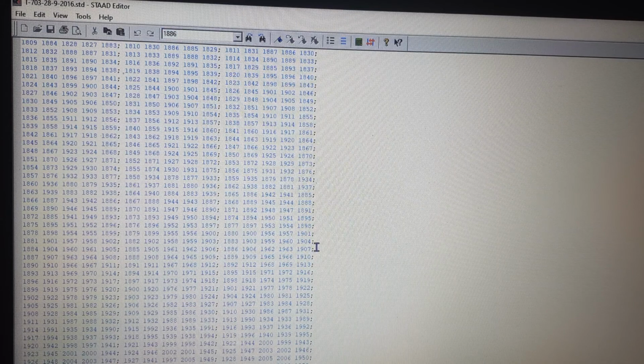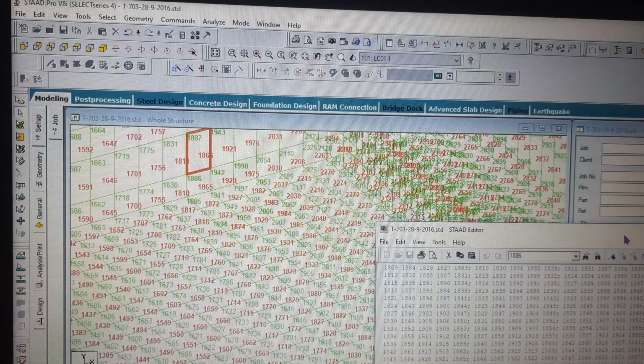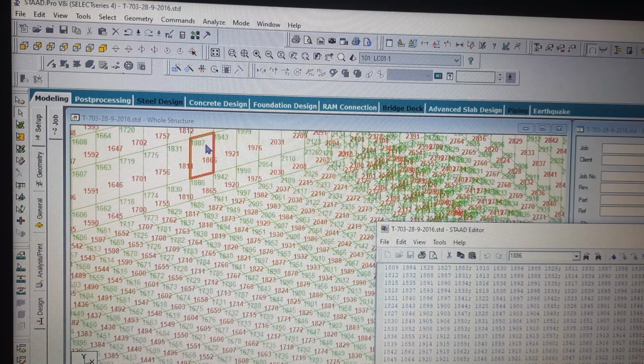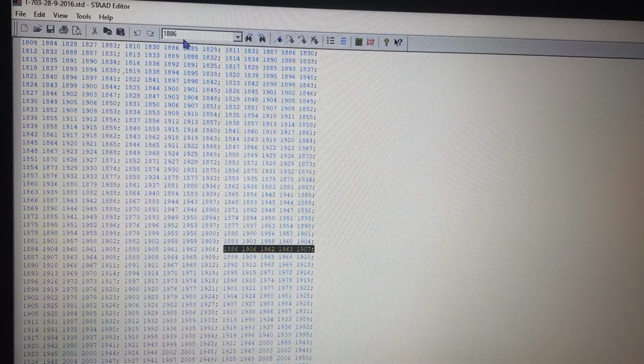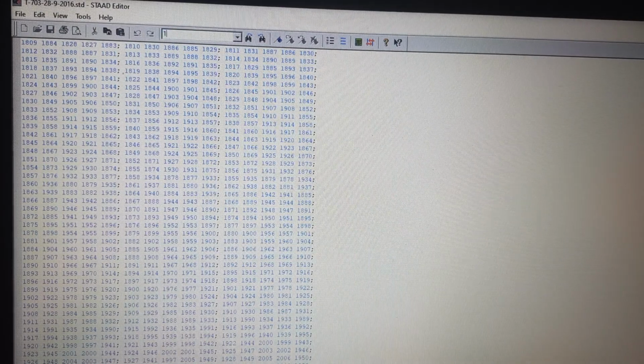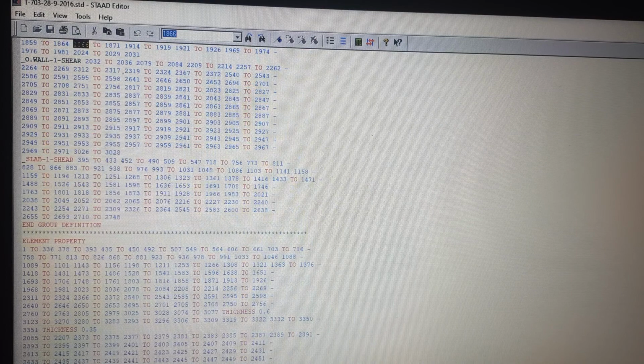Yes, this is your 1886 plate element number. This is between 1906, 1962, 1963, 1970. This is not the one. Okay, 1866. I have mistakenly typed it as 1886. I have to see the plate number 1866.